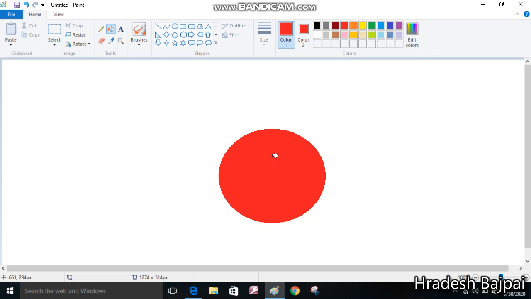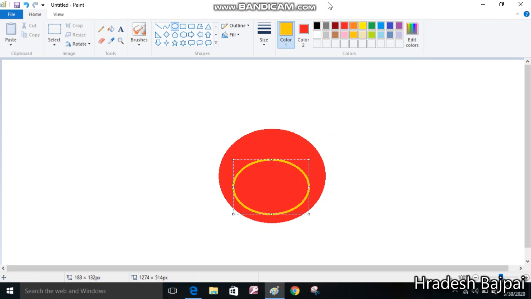Color you can choose according to you. Okay, next, if you want to draw more circles, again you can draw more ovals, because we can make a circle using the oval shape. Now it depends on how we are using the mouse. So again you can click there, choose the color, and draw another oval. Like I'm just going to make one oval inside this.